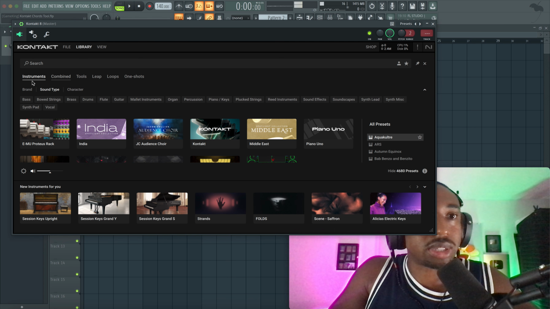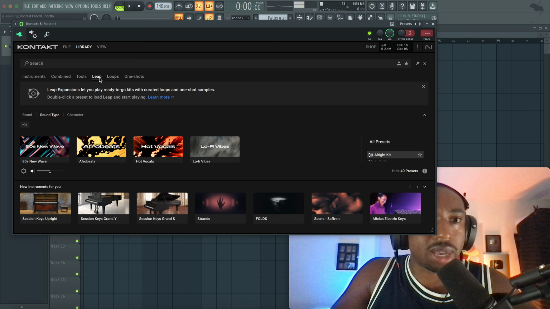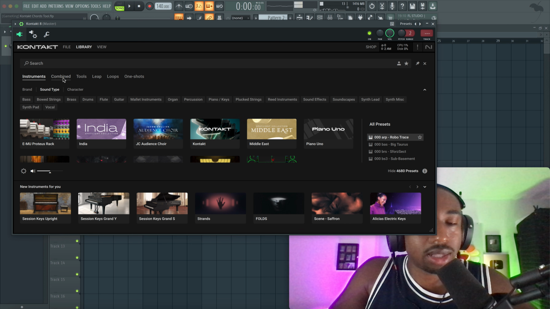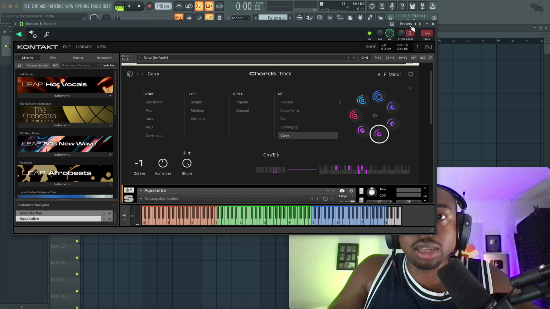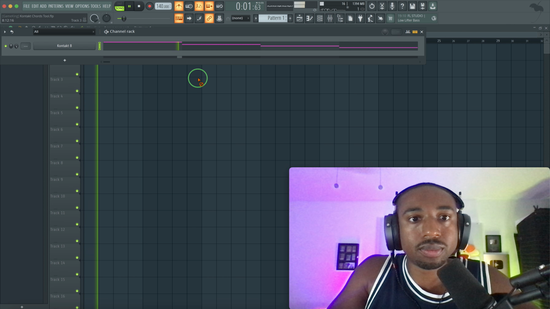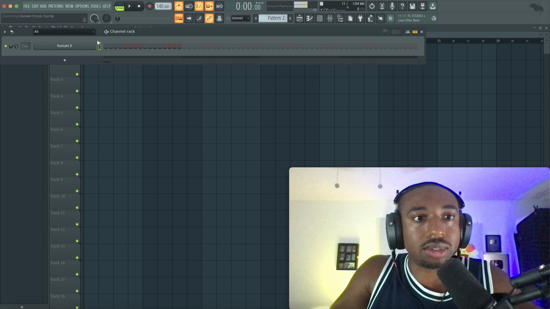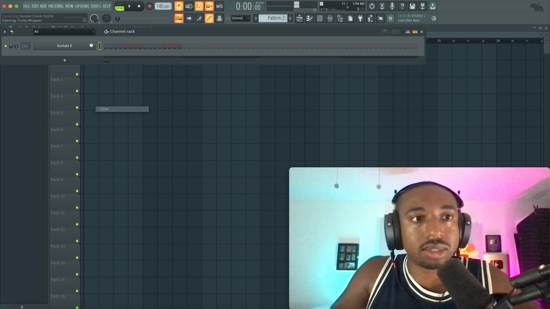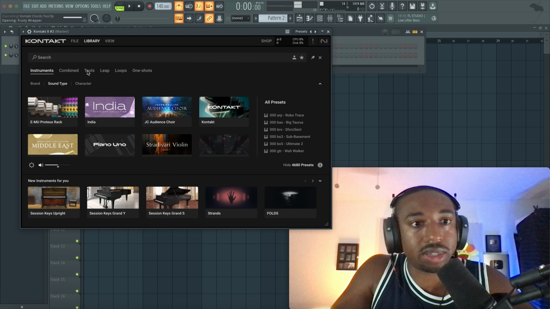I don't really understand this menu, but let's go to library. Let's go to different things here. I just want to make sure I'm actually looking at all the tools. I think that's it. But nobody really talks about it, so I just wanted to put you guys up onto it. Let me try one more thing here. Let's do the same exact thing, but in a different key. Let's clone this. Just want to see what kind of results we get. I heard some of the chords were like R&B, so I want to see if that